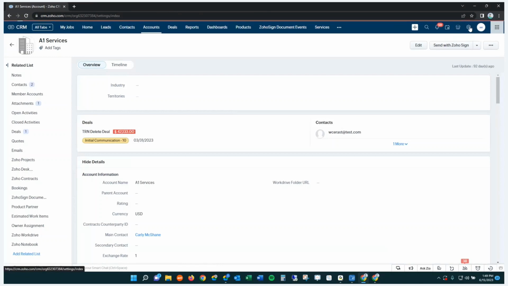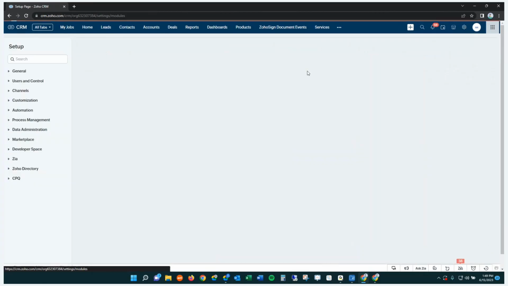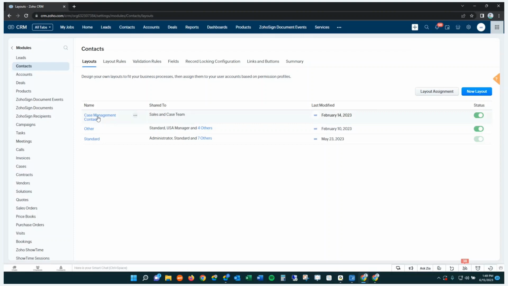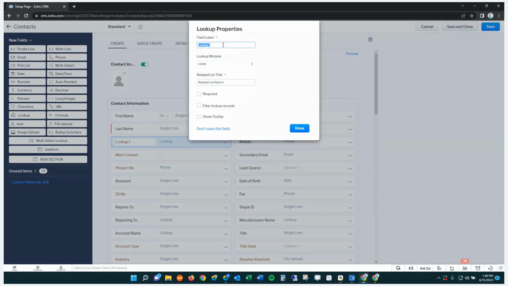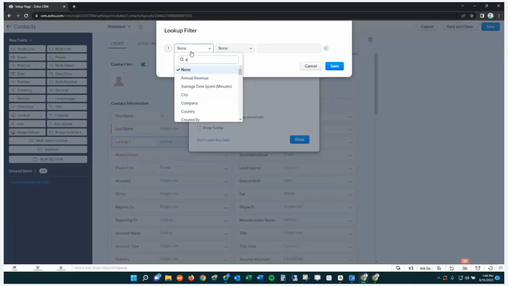So I'm going to go into my contacts module, and we're going to create a new filtered lookup field inside here. So inside the contacts module, just go with the standard layout. And we're going to do a lookup, and we're going to call this dealer. So we have contacts. They're going to be associated with their dealers, maybe where they bought their car or their lawnmower or whatever it might be. We want to filter the lookup records. We want to filter it based on